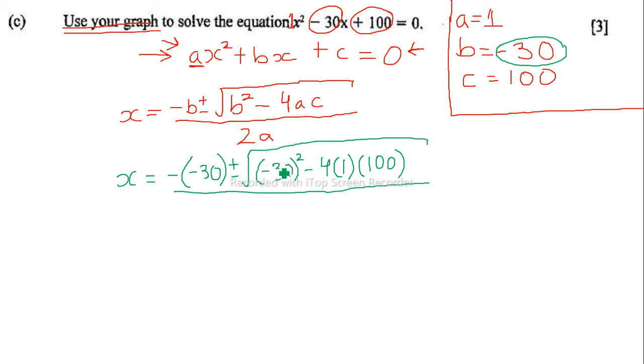Alright, so then we have 2a. 2 times a. A is what? 1. So now x is going to be equal to negative, and a negative is a what? Positive. I don't want to use the same color. Let me use baby blue this time. So x is going to be equal to, again, negative and negative is a positive, so it's positive 30 plus or minus the square root of,